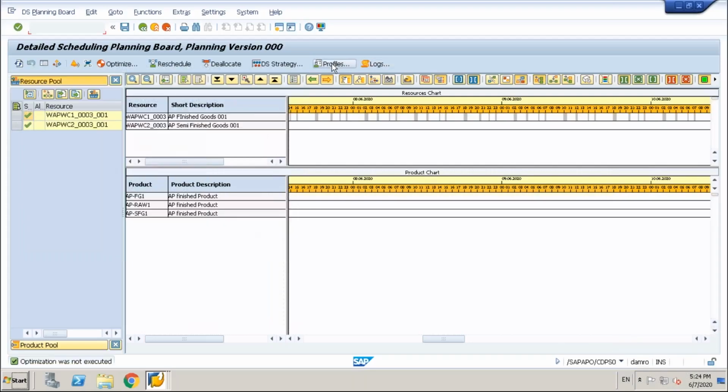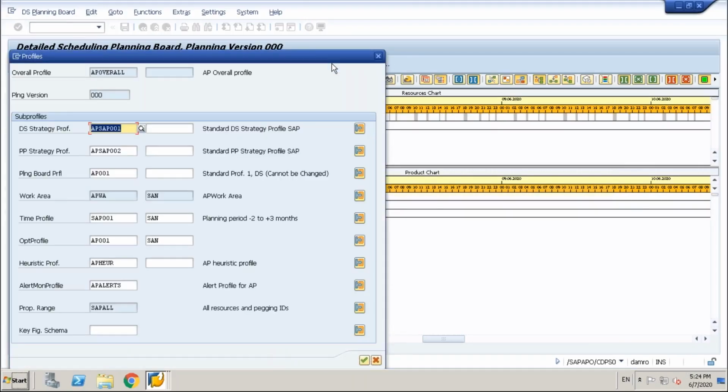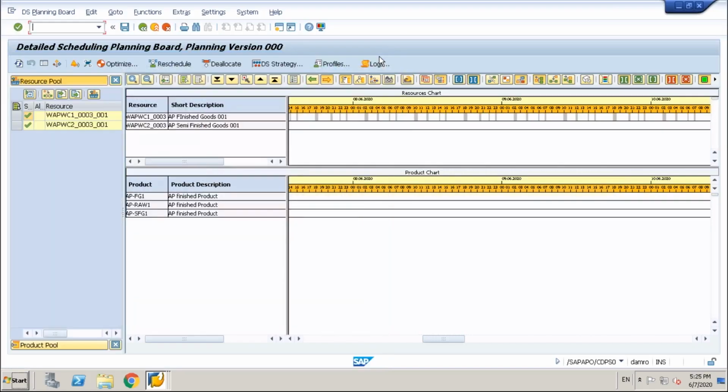In the DS board, create one time profile for whatever your horizon is, and another time profile for only 7 days from today. So in the DS board only, they can do both. They don't have to do anything. Or, if they select setup sequencing,